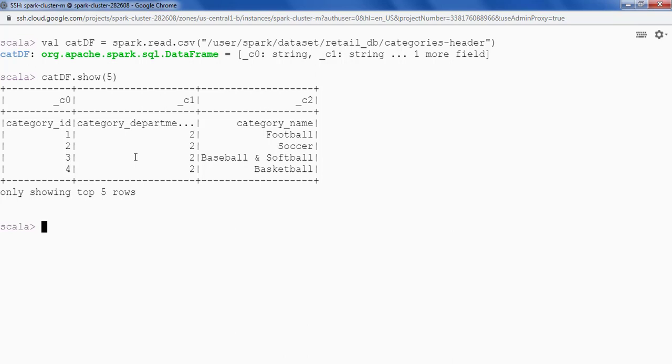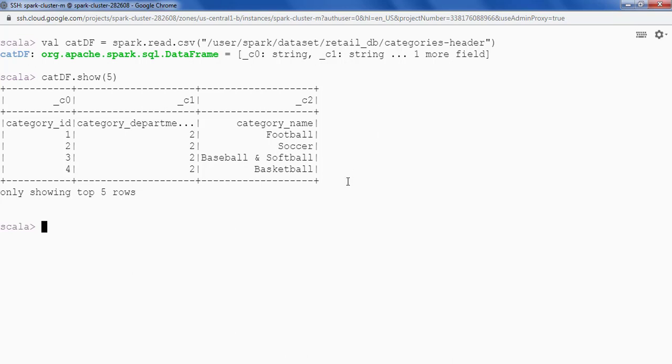The column names are still _C0, _C1 and so on. So what Spark has done is it has considered the header as data itself. So we have to tell Spark that the first row in the data is a header, so ignore it. Don't consider the first row as a part of the data itself.